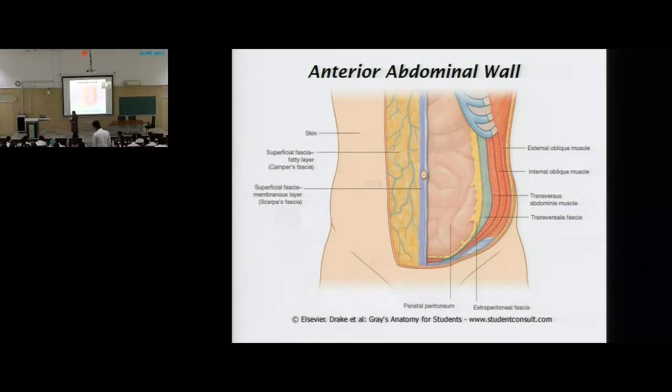Any structure which has to come out has to pierce through this perineal membrane. So the urethra is going to pierce it, the vaginal opening is going to pierce it, and the penile structure has to pierce this membrane and come out. When these organs come out, they carry some coverings, because we know the testes are in the posterior abdominal wall. When they descend through the abdominal cavity, come out and pierce the perineal membrane, they carry some coverings along with them. Clear? That much is enough for now.